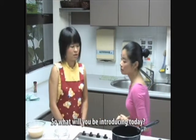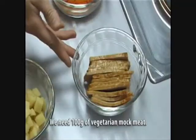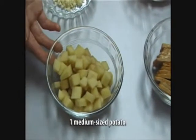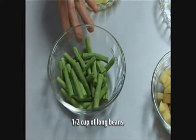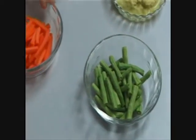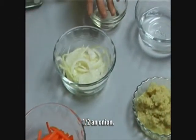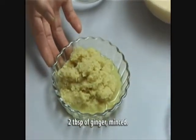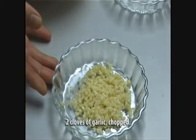Oh, I see. Okay, so what will you be introducing to us today? Today I'm going to introduce the 4 treasure curry. We need grams of vegetarian mock meat, 1 medium-sized potato, half a cup of long beans, half a cup of carrots, half an onion, two tablespoons of ginger, 2 cloves of garlic,